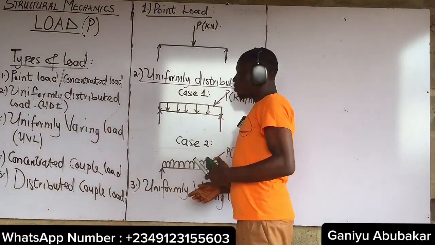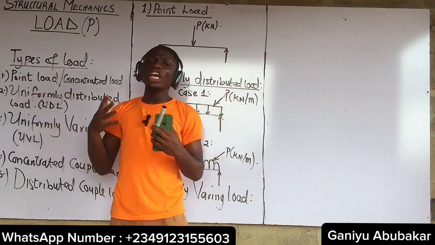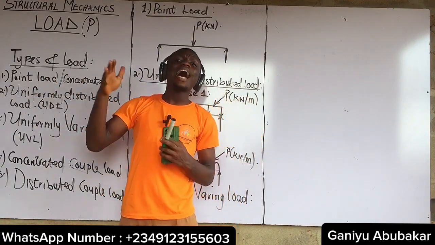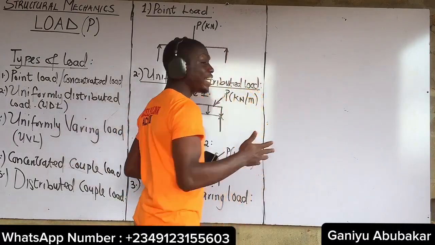Let's discuss uniformly varying load. Uniformly varying load is a kind of load in the form of a triangle that acts on a structural member. So when I'm seeing a triangular load,